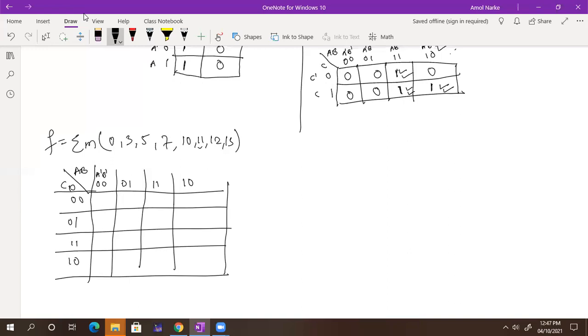So it is 0. Here what we have? A complement B. Here AB. And here AB complement. Yes or no? Here A complement B complement. Here A complement B. Here AB. And here A B complement. Now I know the 0 term is A complement, B complement, C complement, D complement. Because 4 by 4 we haven't drawn a table yet. Whether we draw 1, 2, 3, 4, 5, 6, 7, 8, then again we have 8 ones. Like that, the big table is there. You just do the homework.